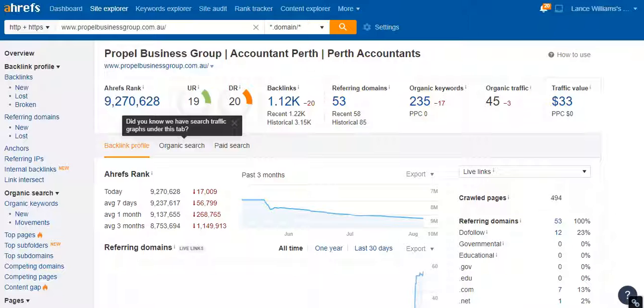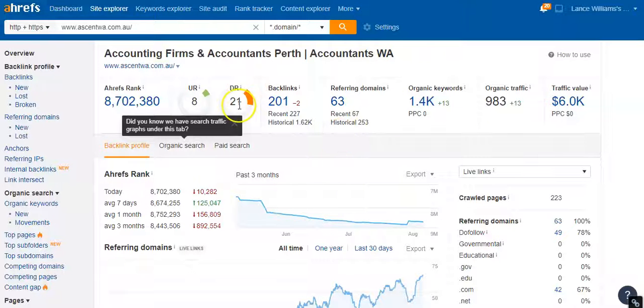If I had a quick look at your competition, they only have 200 backlinks, but they've only got 63 referring domains. If you just average it out, that is 3 to 4 links per site. So if you've got 3 or 4 links coming from a site as opposed to 21 or 22, obviously those links have a bit more power to them.